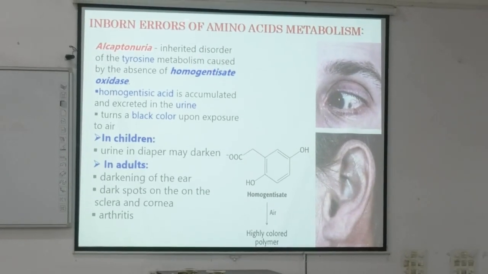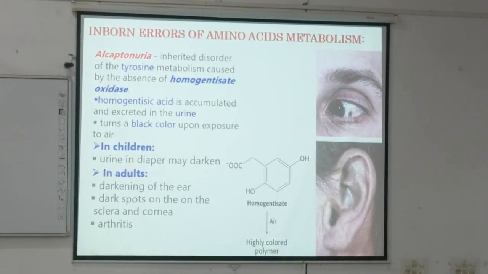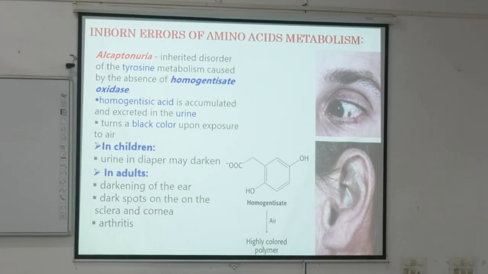Now let us come to inborn errors of metabolism. First of it is alkaptonuria, and this happens due to the absence of the enzyme homogentisate oxidase. Where did we find homogentisate oxidase? In the breakdown of what? Tyrosine or tryptophan? Yes, breakdown of tyrosine. First there is tyrosine. Remove the OH group, then remove the amino group, and then finally use homogentisate oxidase to put in an oxygen and then break it further.